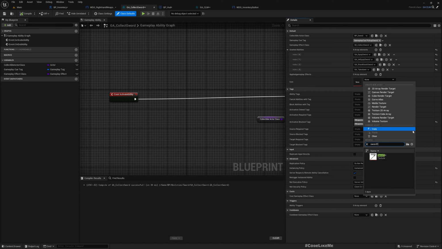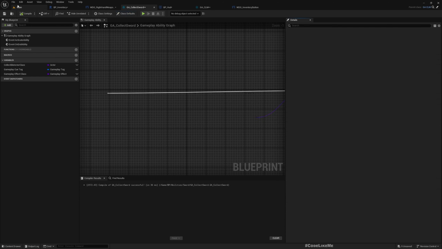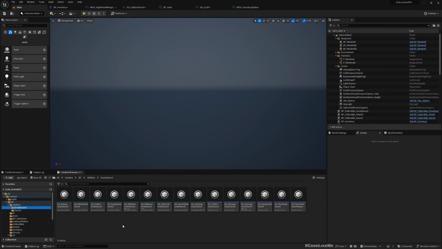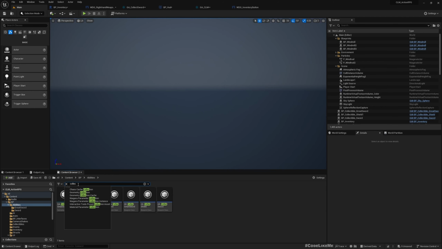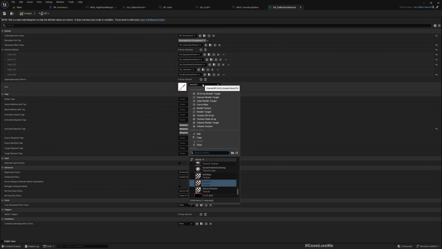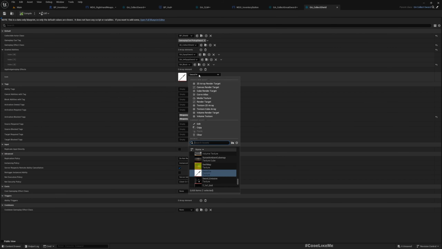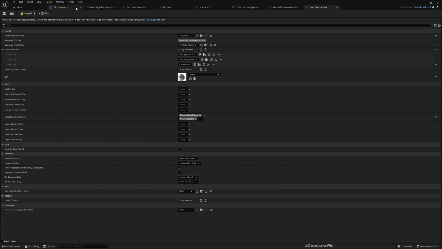All right, now for the collect sword, sword 1H, and for the great sword, let me open all collect abilities. GA collect great sword texture, and collect shield. I think I do have a shield texture as well. Yeah, shield. Okay, now